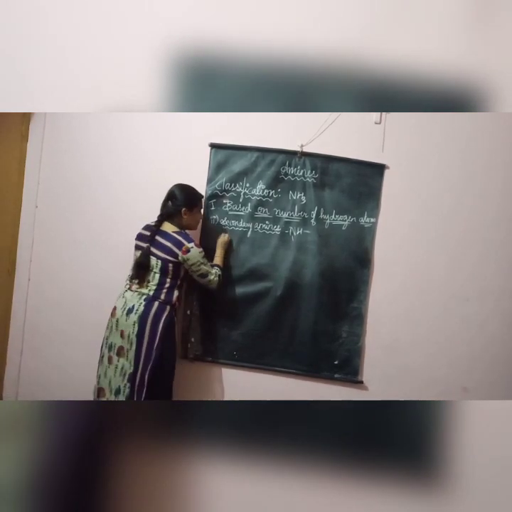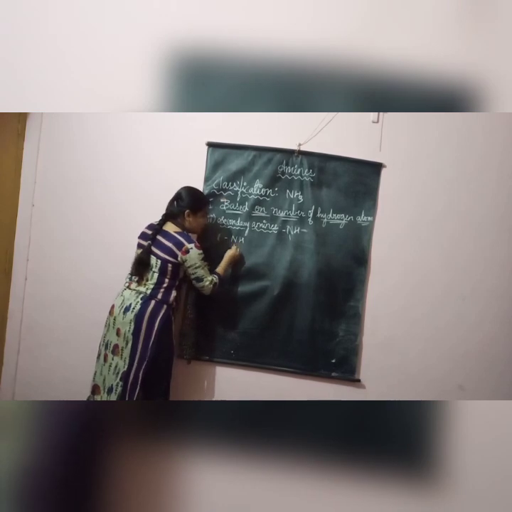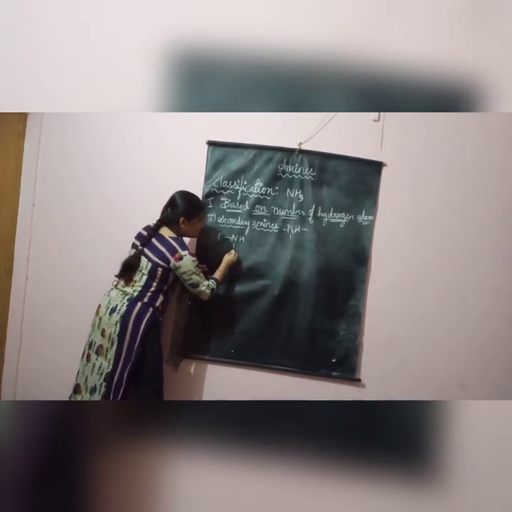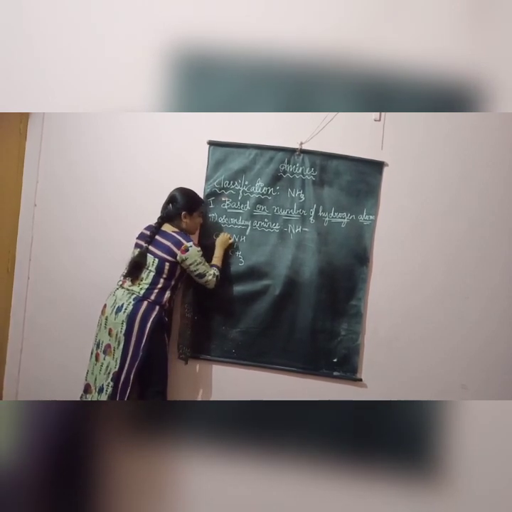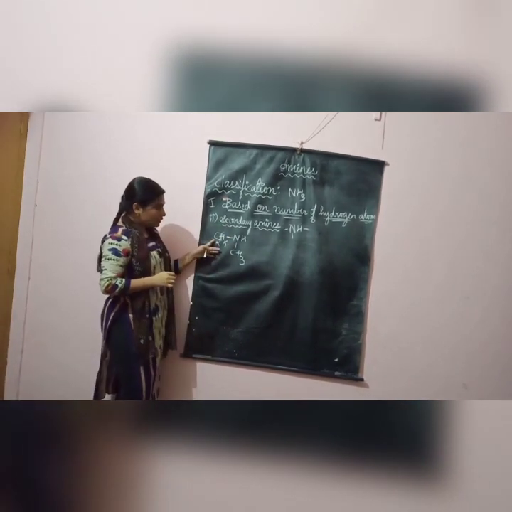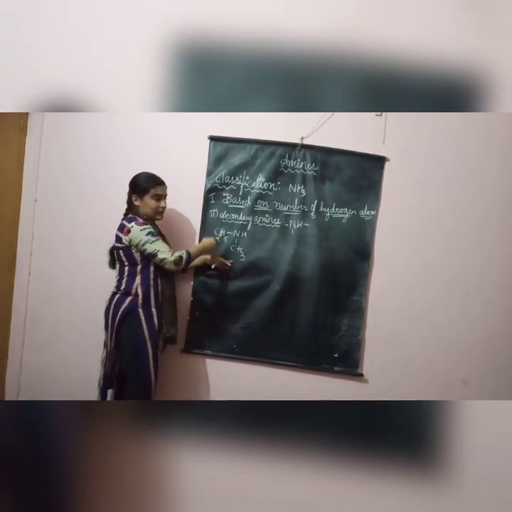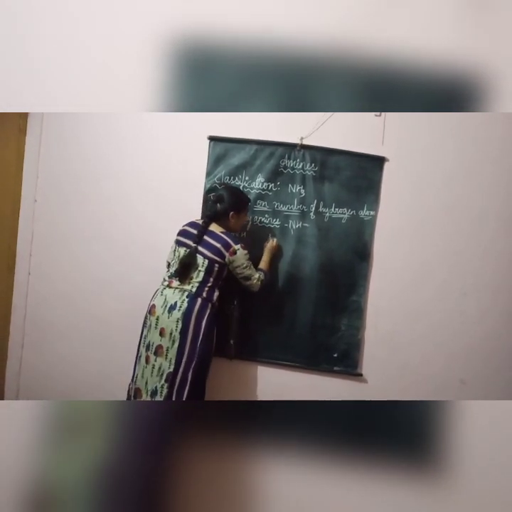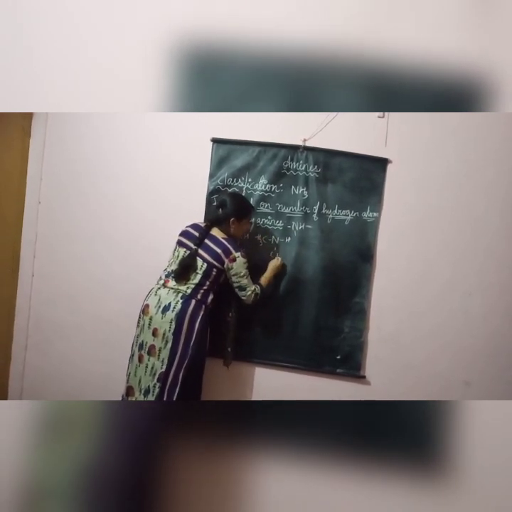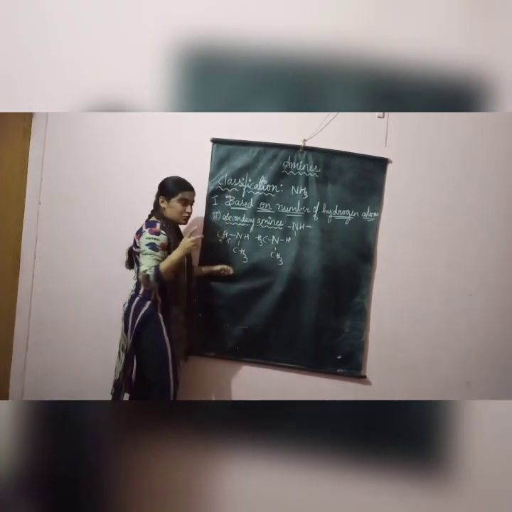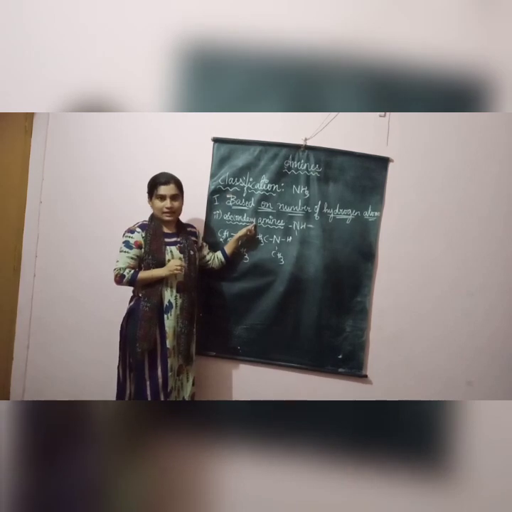For example, see, first let me write N and H. So I have two empty spaces now. These empty spaces I will replace by two different alkyl groups, C2H5, CH3. This is methyl, whereas this one is ethyl. I can do the same thing. I can replace the two hydrogens by the same alkyl group also. These both are examples for secondary amine.